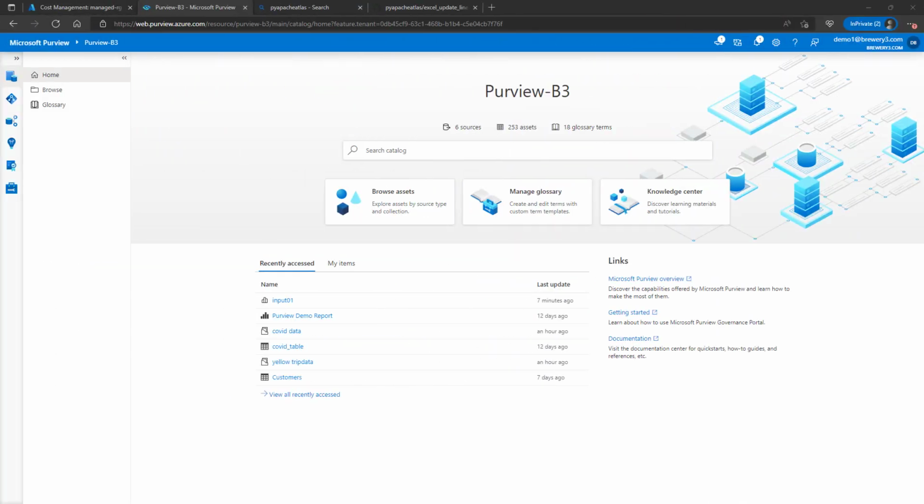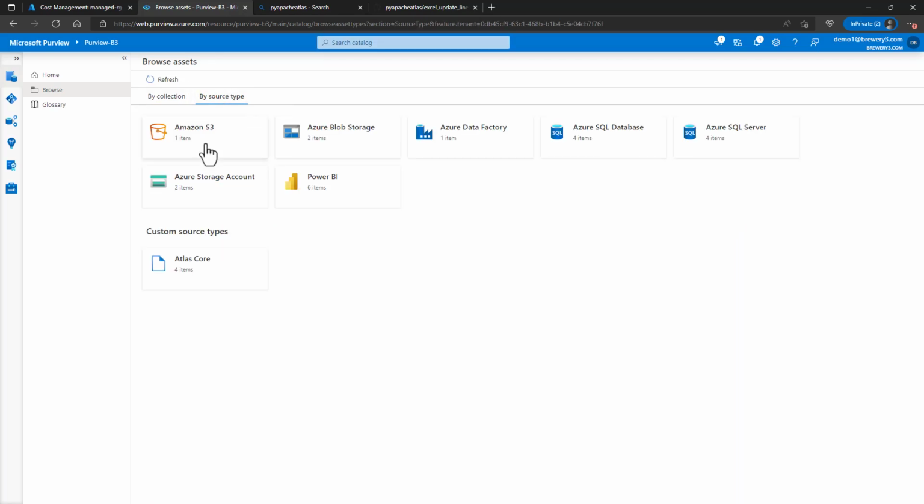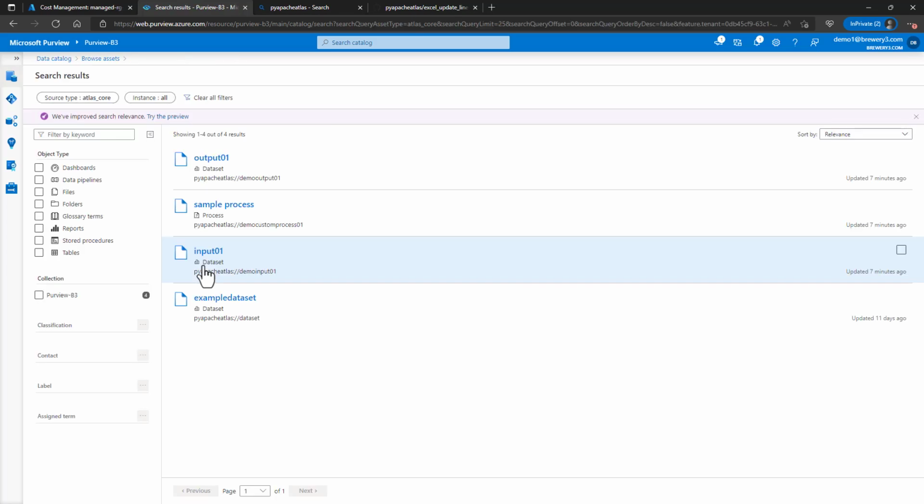On the screen here, I've got my instance of Purview. I'm going to go browse my assets and just want to show you by source type. There's some custom source types I've created. I've got these four in here